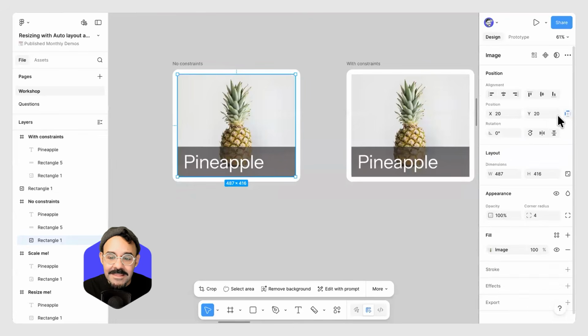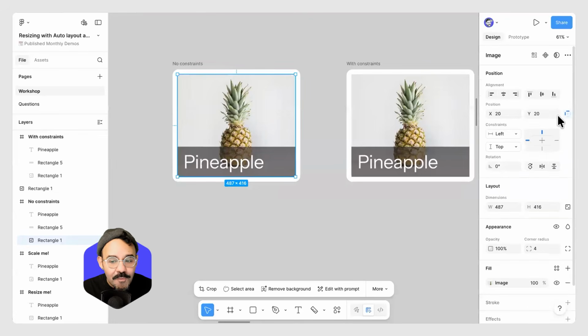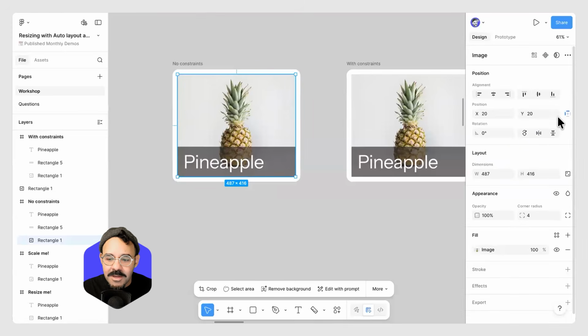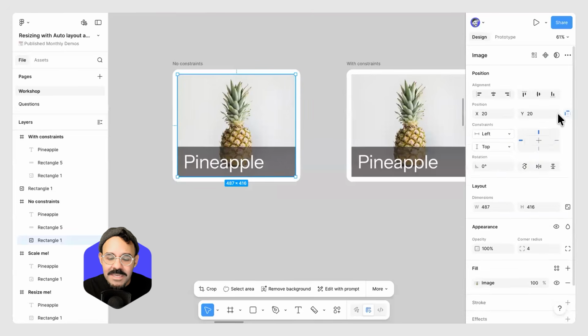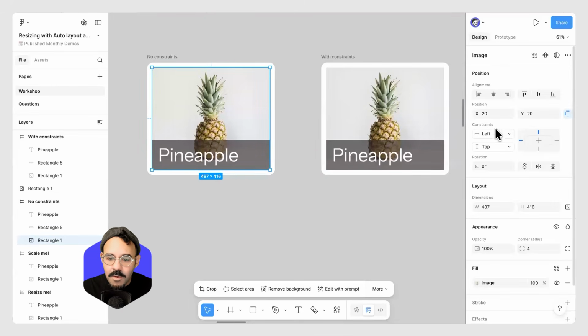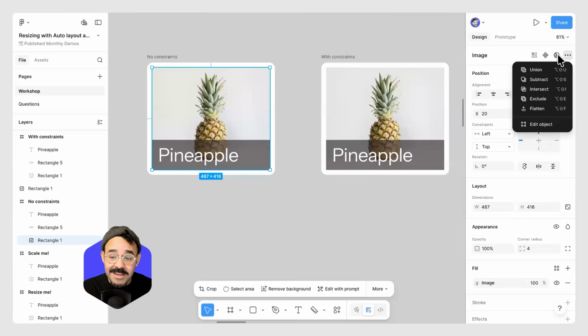If you don't see it, there's a little toggle over here on the right-hand side. Let me make my window a little bit bigger there. There we go. You can see that panel comes in, and that's the constraints panel. This constraints panel will, and if you don't see the word constraints, I'm going to highlight for y'all right here, since this is